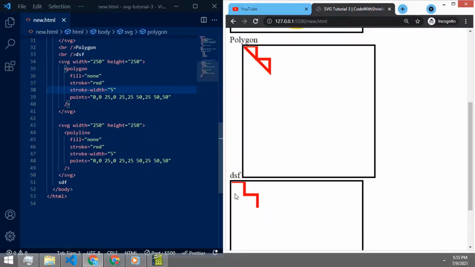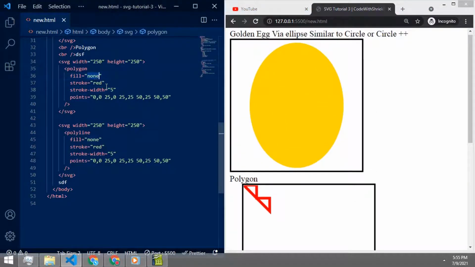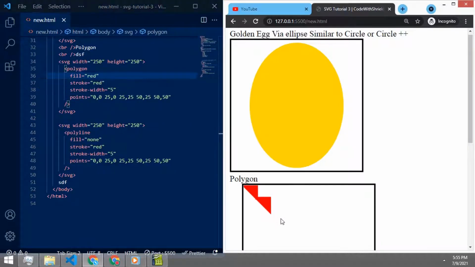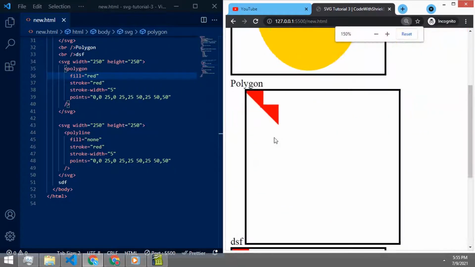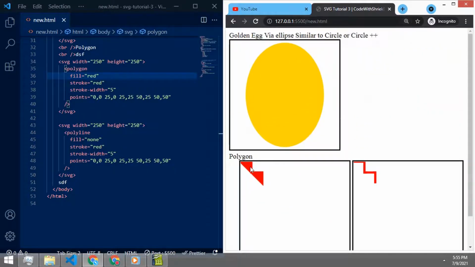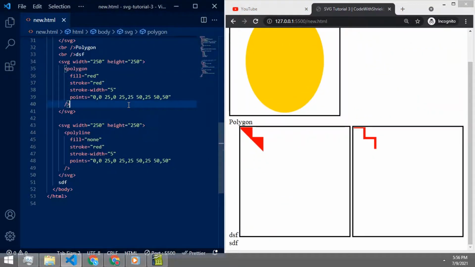It's the same code, only the word changes, polygon and polyline. The difference is like this.